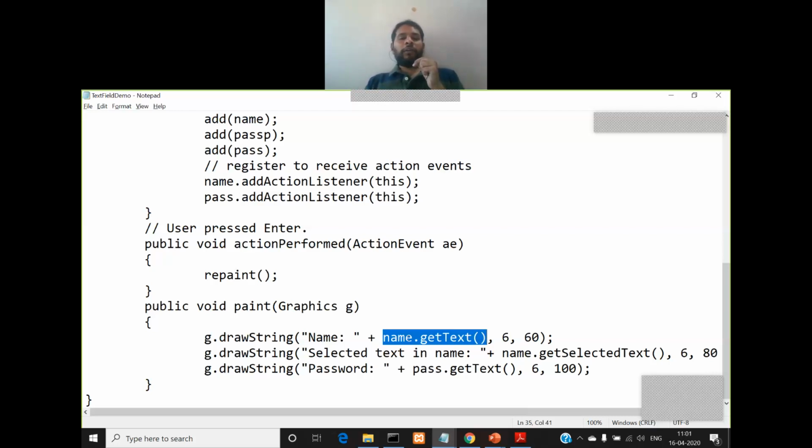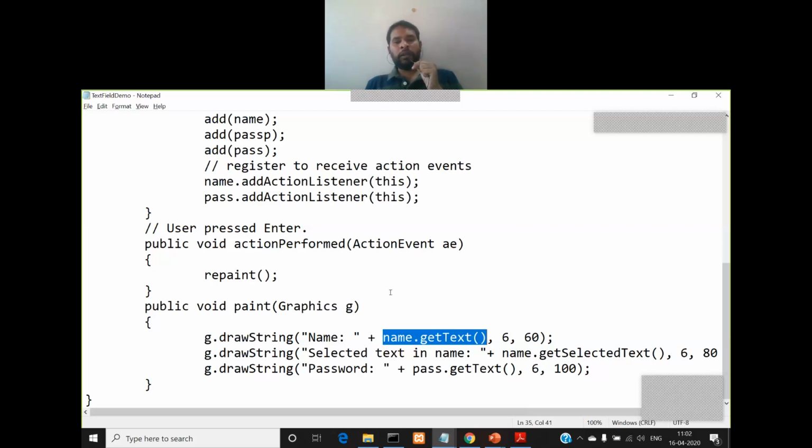Okay, so when will this method be called? Only when the event is generated and the actionPerformed method is called, and actionPerformed will in turn call the repaint method, and the repaint method in turn will call the paint method. Only then this part will be executed, right? So the event will take place when the user strikes the enter key on the keyboard, only after entering the text field values, that is the name and the password field values.